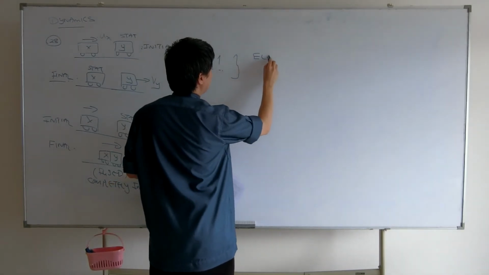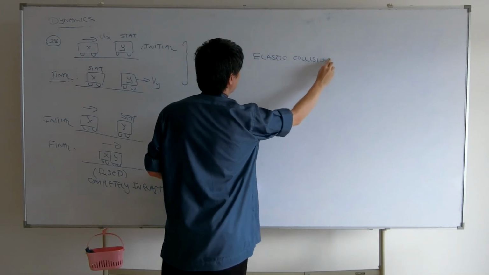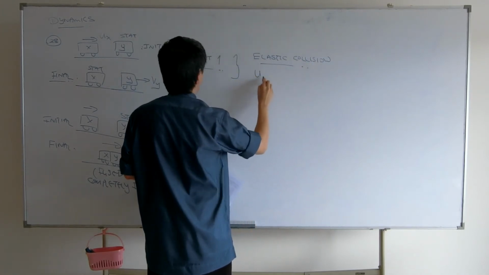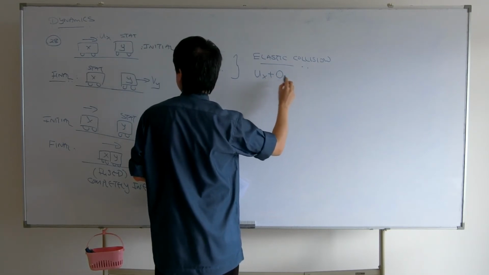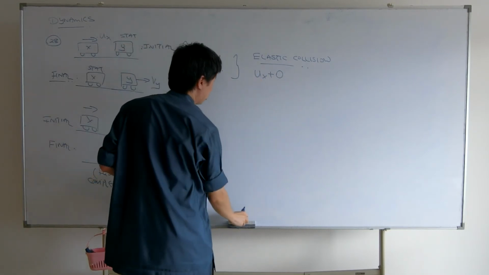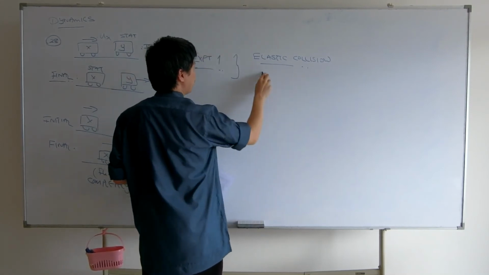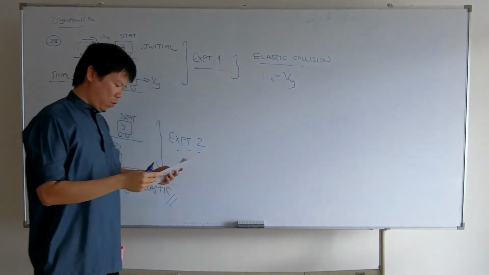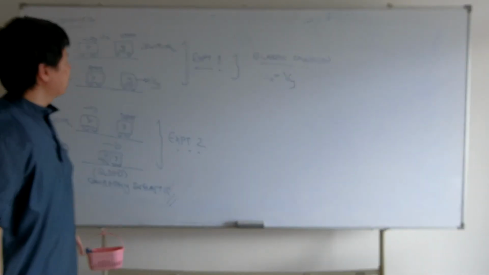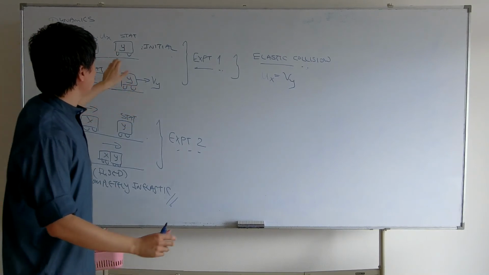We show elastic collision. Ux plus 0. At the beginning, I think I better not show you this equation. You see it in future videos. So Ux is equal to Vy. Elastic collision. The key conditions we need to know here is